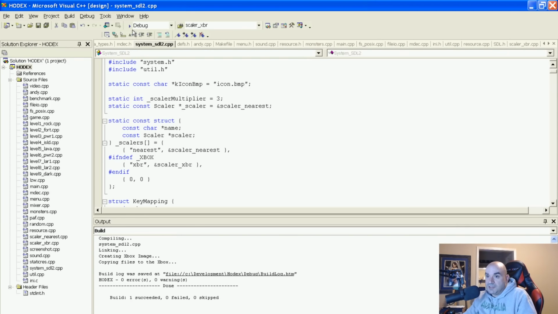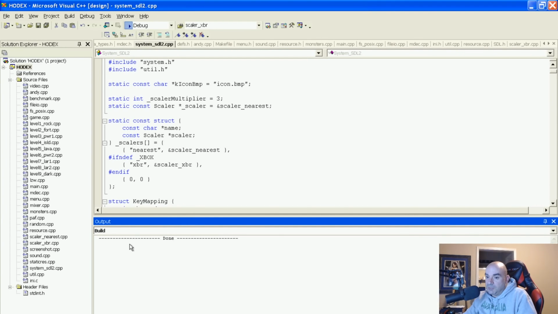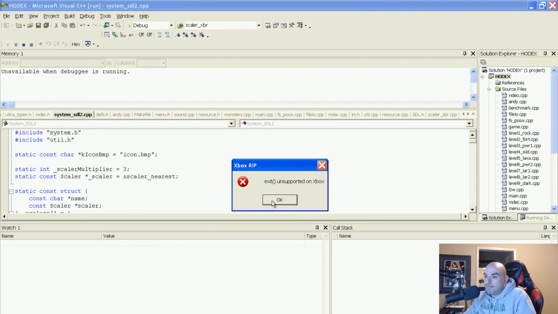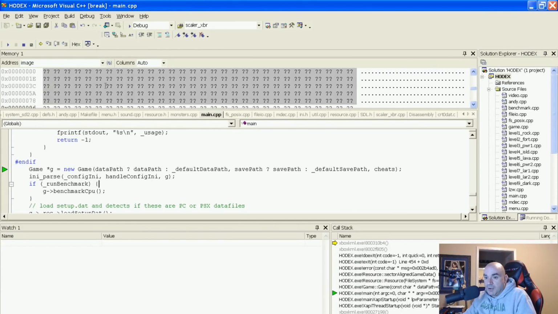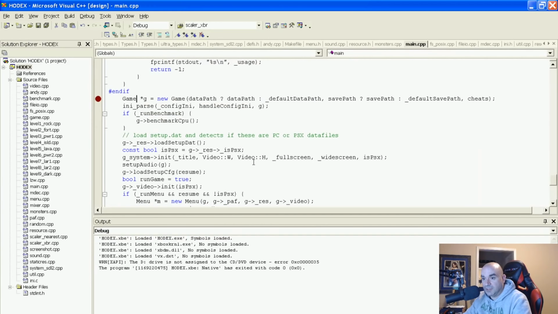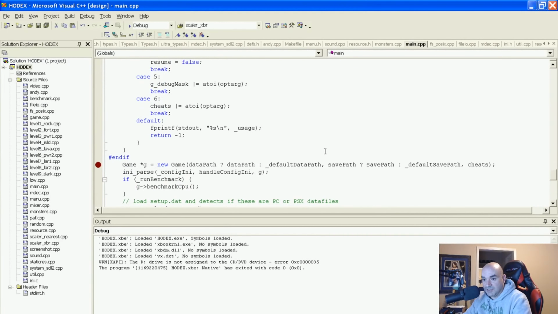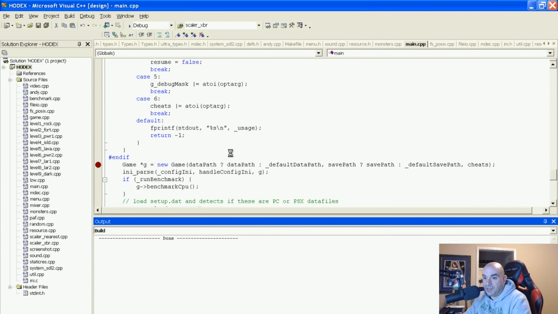Now if I run this, it's absolutely going to blow up. So what we need to do now is start debugging and understanding why it's not working. Now first things first, we don't have any data files on the Xbox itself, but let's see if we can come up with a couple of quick things we can do to figure out what's causing